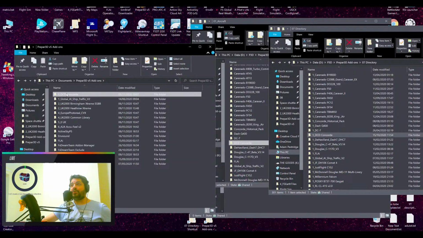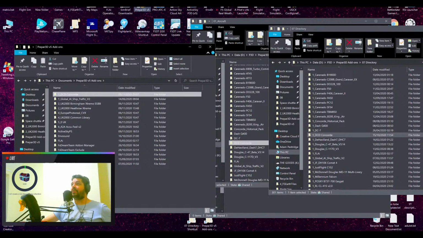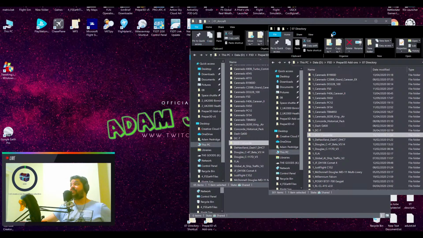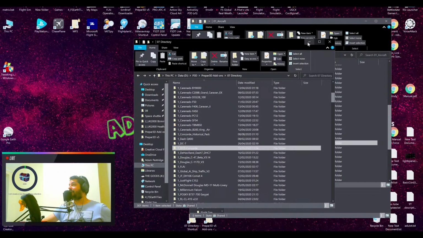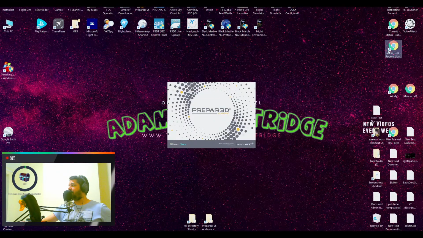If I load and this doesn't load correctly, all I have to do is delete, and it's now no longer in my sim. So literally drag and drop. Let's load up the sim and I'll show you that it's in there, unless there's a problem with it and then it will crash the sim. To be honest, I'm half expecting the sim to crash anyway. But that's how I work